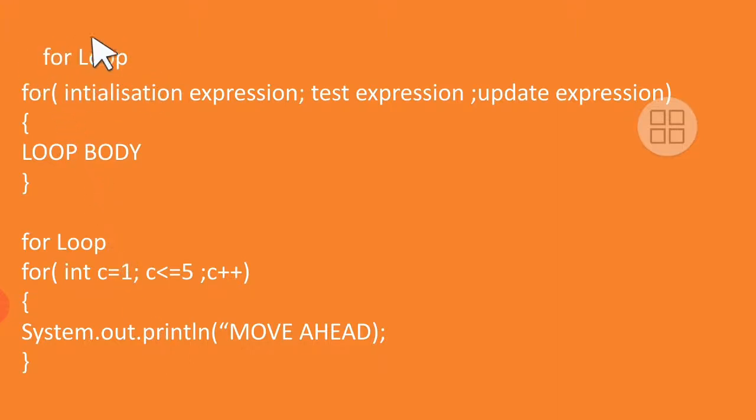Okay. Now we arrange all these pieces into a proper format. We are going to discuss the for loop just now. For has first initialization, then test, and then update. And these are separated by semicolons. Never put a semicolon at the end of the update expression. And then there is the loop body. Now we convert that previous example for moving from point A to B into proper code. So here you have to write for int c equal to 1, c less than equal to 5, and c plus plus. Increase c by 1 and then move ahead.